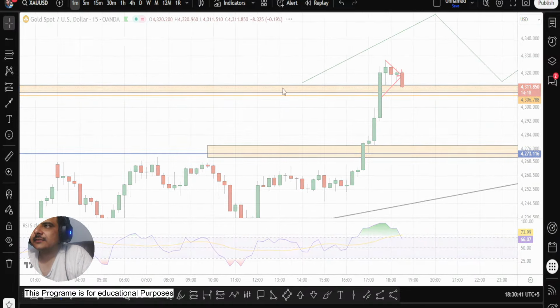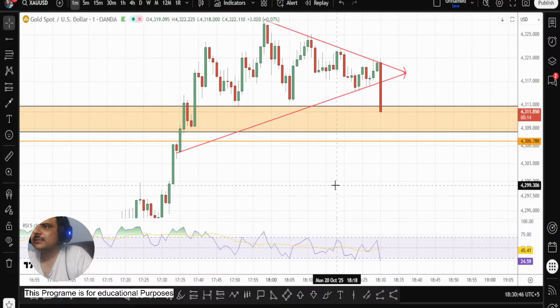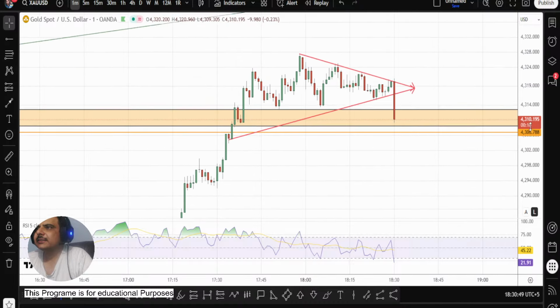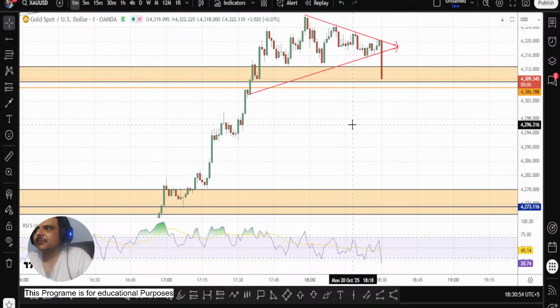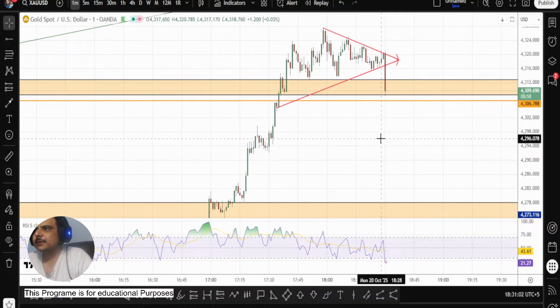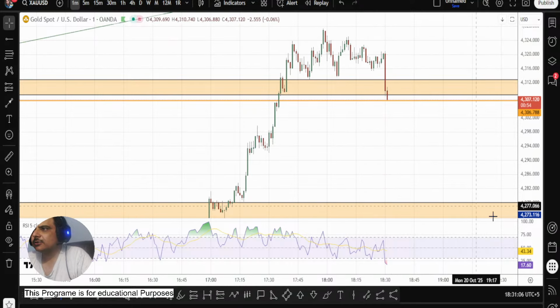Okay, I think whatever I said right here, that is obviously going to happen. Big volume, my friends, big volume. Let's see. And the volume is to the sell side of the market. 3306. Let's see if it holds the market or not. Because if it doesn't, then I see the market back on 4370, 4273.